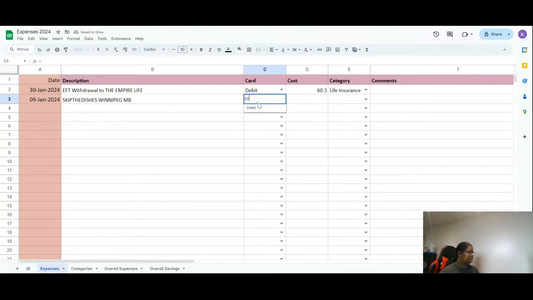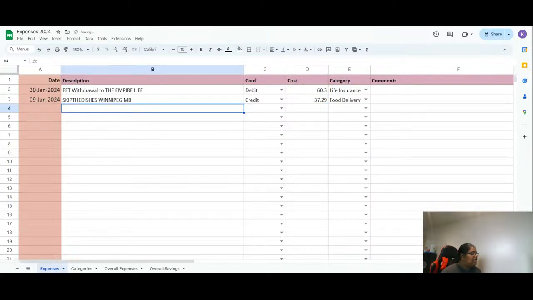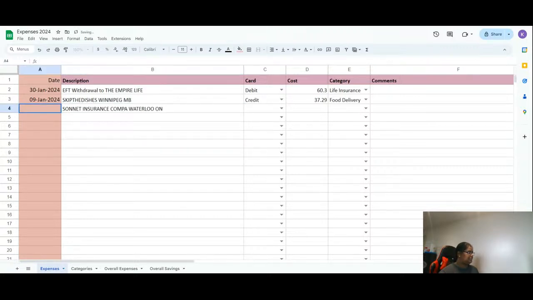This is on credit and so this will be food delivery. Then that's just the payment receipt. Then we have my rental insurance that was posted on